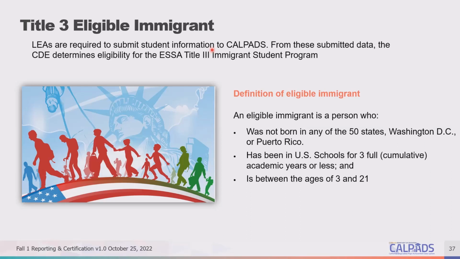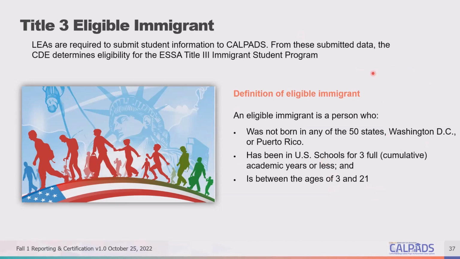So essentially, if a student was not born in the US or Puerto Rico, and you flag the US schools, US less than 3 years indicator as yes,